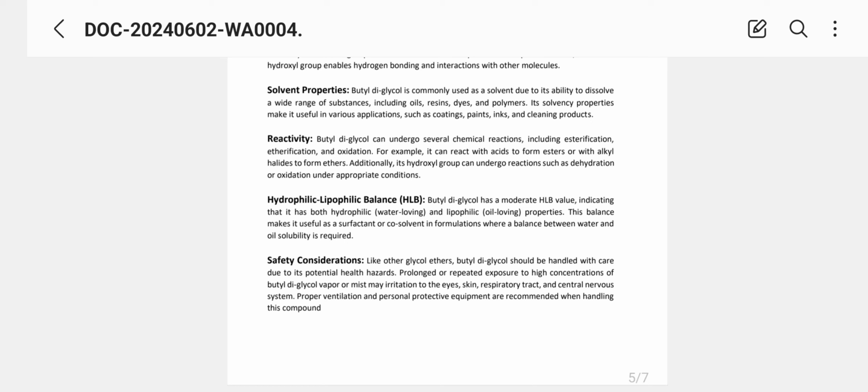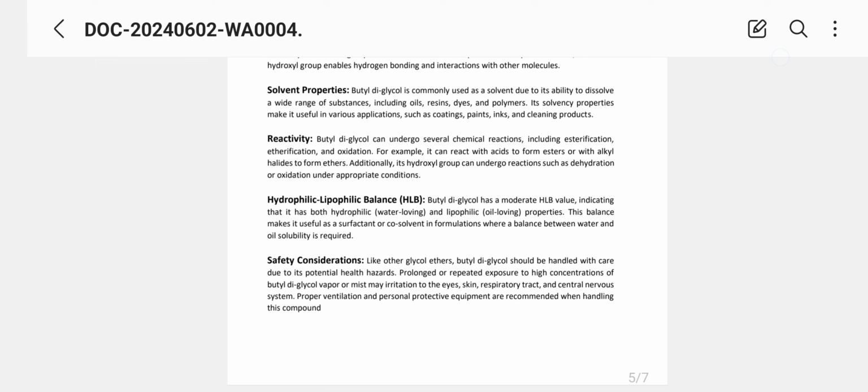Hydrophilic lipophilic balance. Butyl diglycol has a moderate HLB value, indicating that it has both hydrophilic and lipophilic properties. This balance makes it useful as a surfactant or co-solvent in formulations where a balance between water and oil solubility is required. Safety consideration. Like other glycol ethers, butyl diglycol should be handled with care due to its